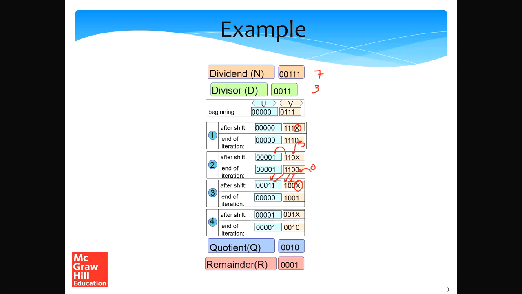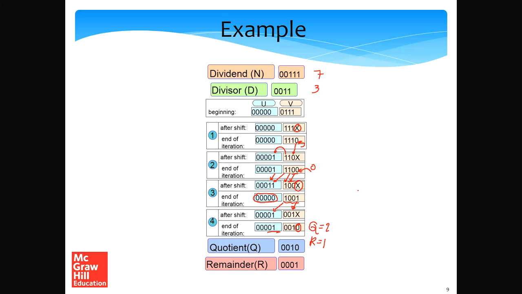So we see here that 3, the divisor d, can be subtracted from 3. So we go ahead and subtract. So at the end of the iteration, we'll have all zeros. And here, since we are able to successfully subtract, we will set the quotient bit to 1. So what we'll have here is 1, 0, 0, 1. Fine, after that we do one more shift. So this one comes here, this one comes here. And since we cannot subtract 3 from 1, 1 will remain and 0 will come here because we couldn't do the subtraction. So the quotient becomes 2 and the remainder becomes 1.